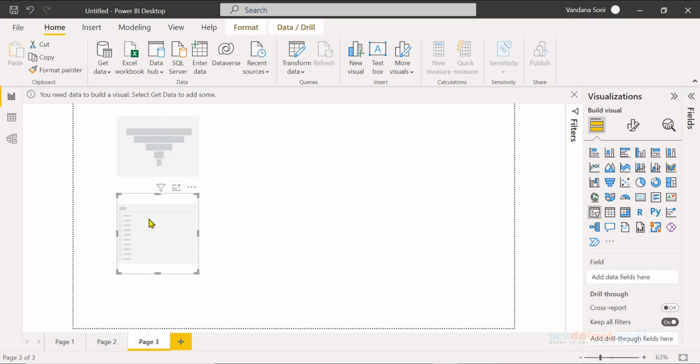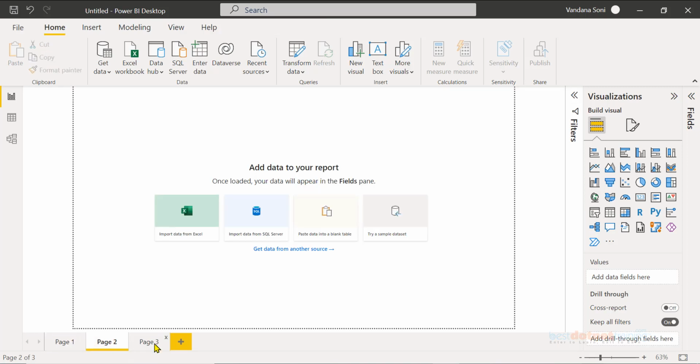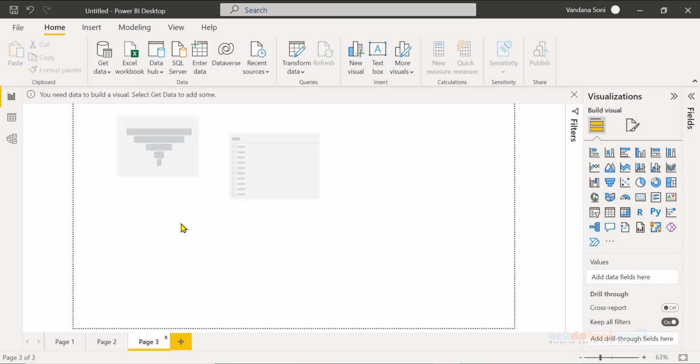Right now they are empty, there is no data. So a report is a collection of multiple pages, and each page can contain multiple visuals. A report is a collection of visuals that appear together on one page or multiple pages.